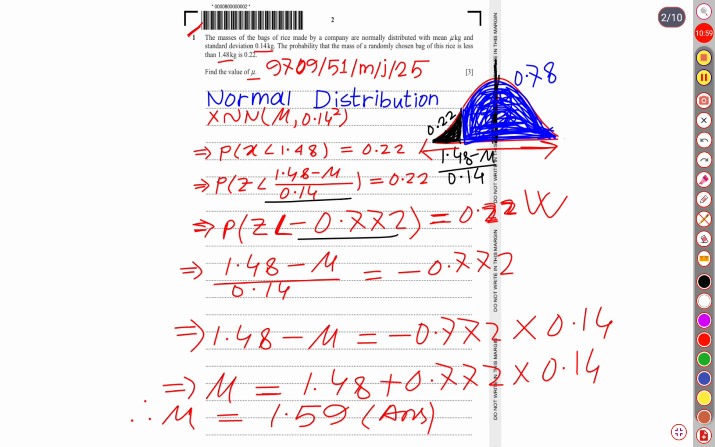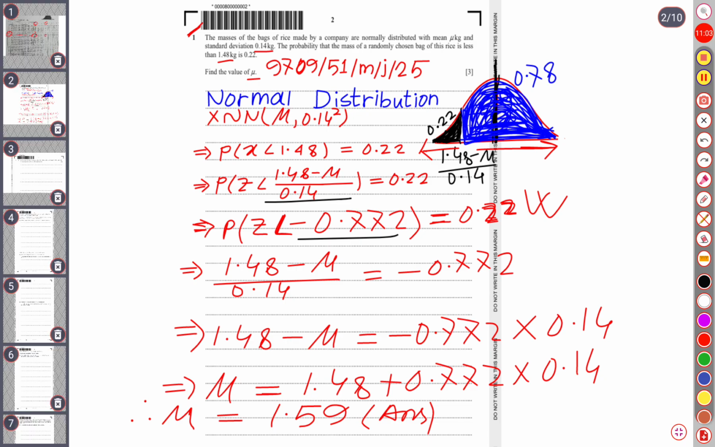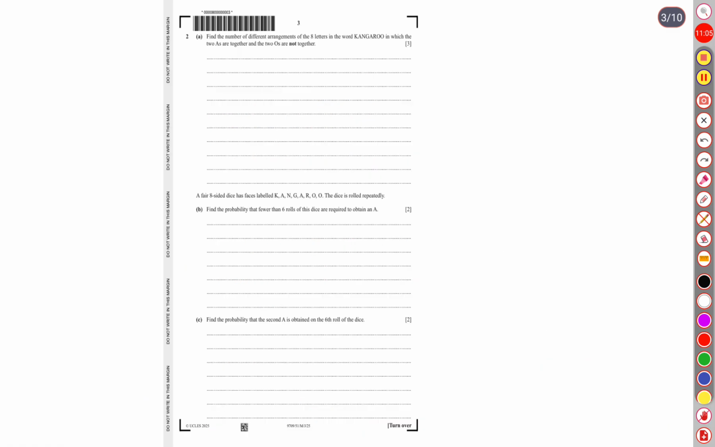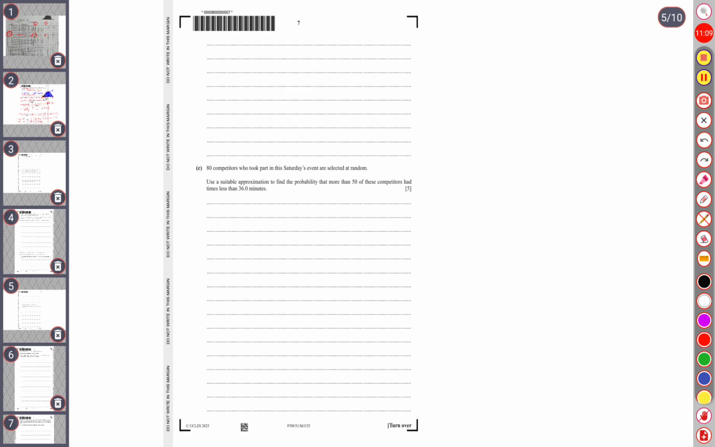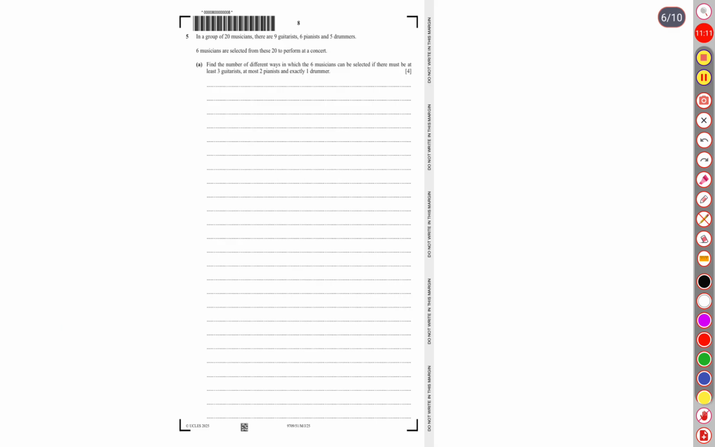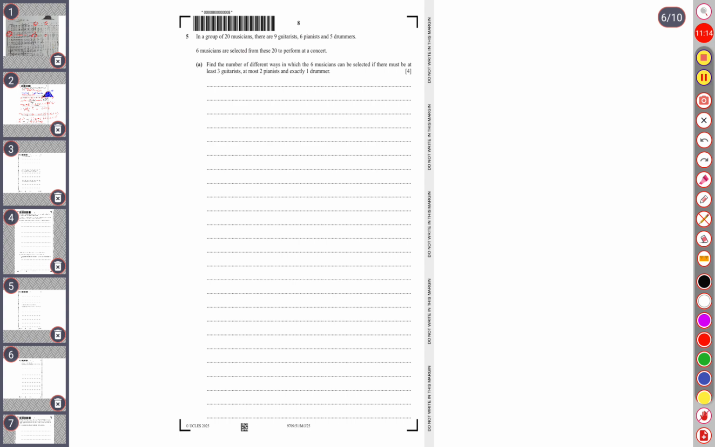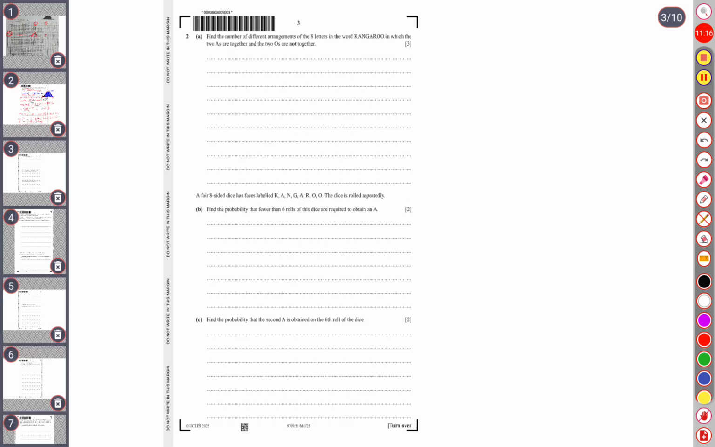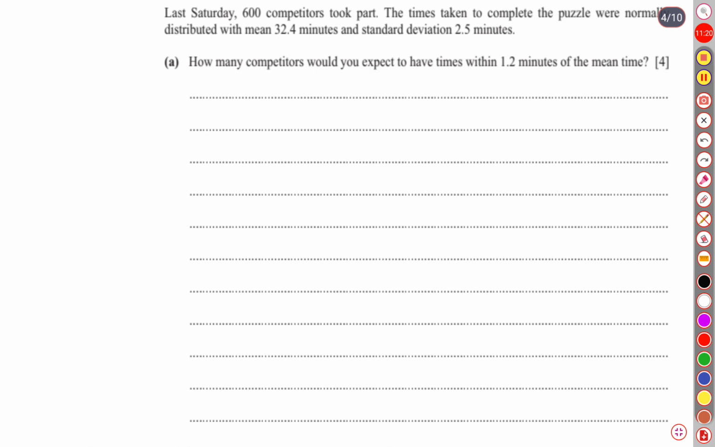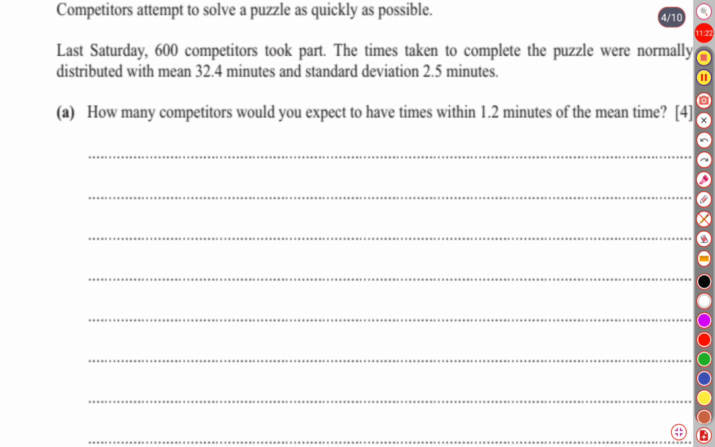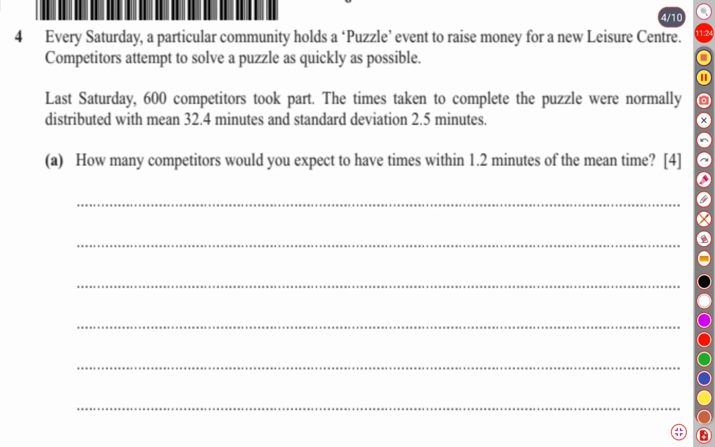We are going to solve question number 4. Let's find question number 4. This is question number 4 of the same question paper 9709/51 for the session May June 25, which says